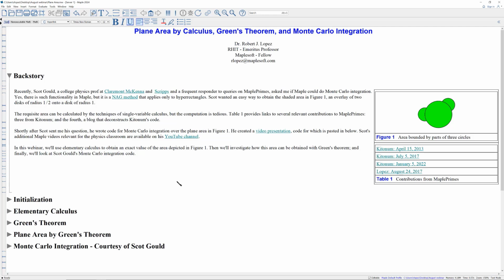So I remembered that there was a discussion on MaplePrimes, and it appeared more than once, attributed to this author, Kitonum, describing how to use Green's theorem in the plane to compute the area of an irregular plane region. Now, while I was playing with this problem,